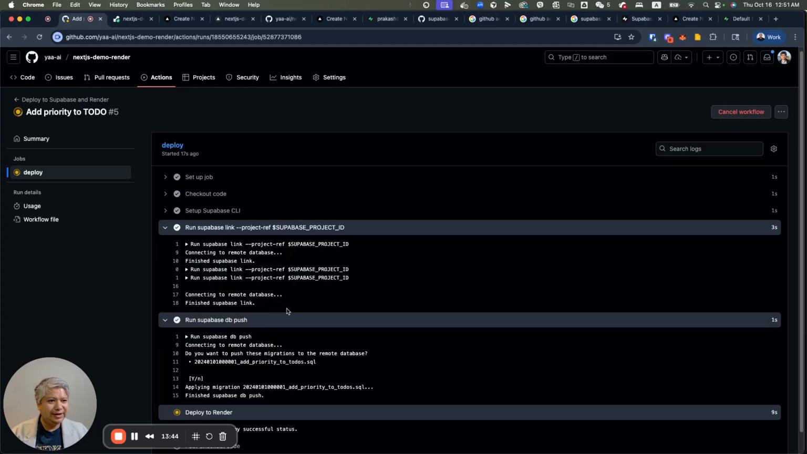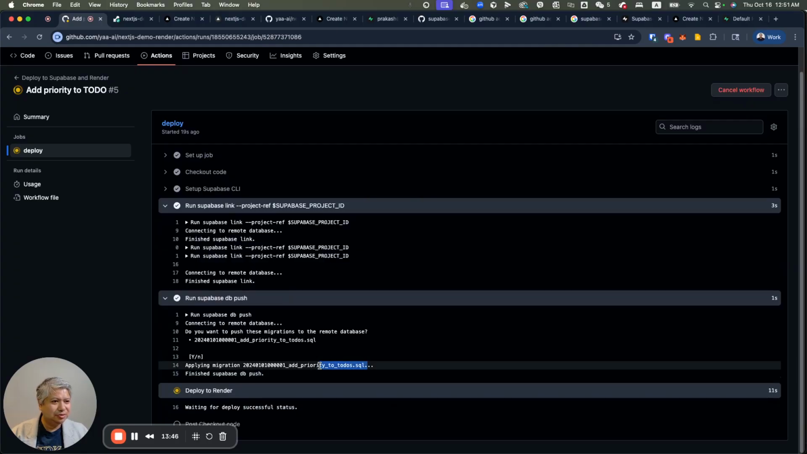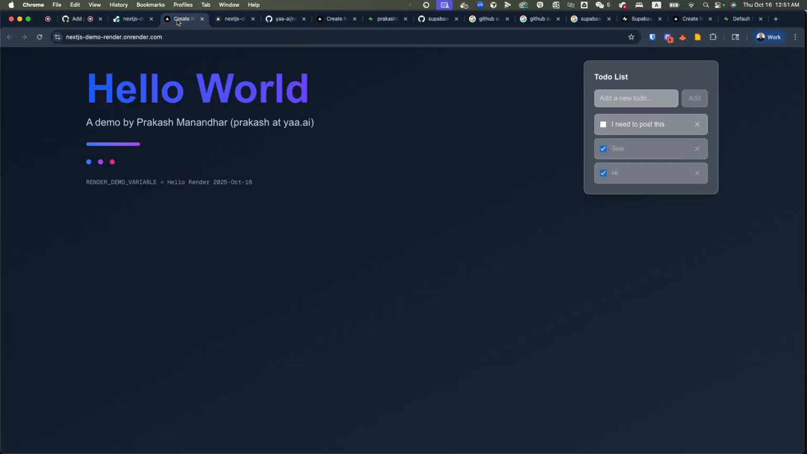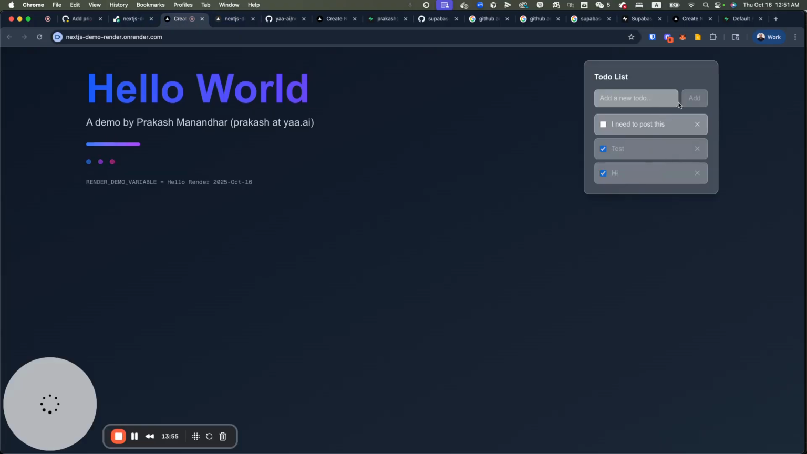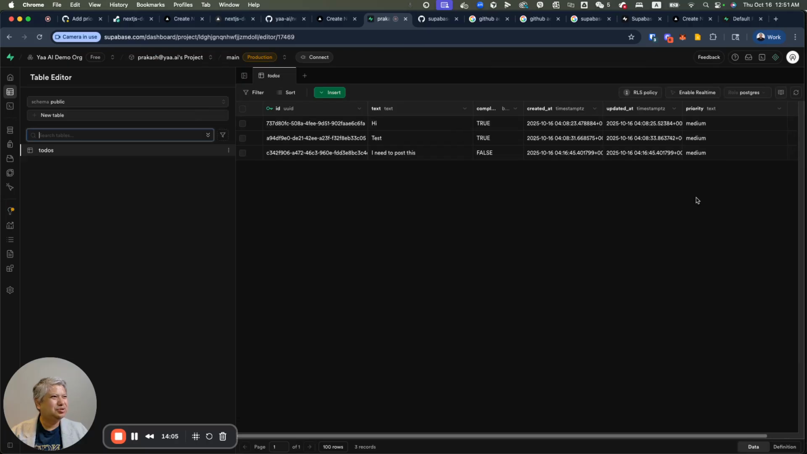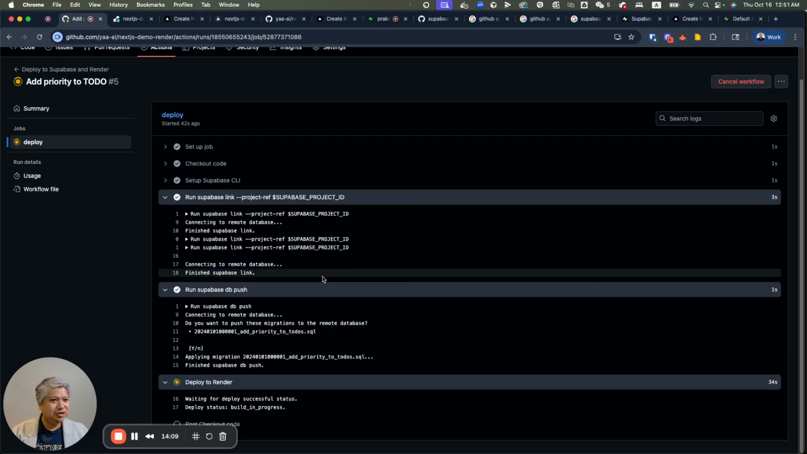So the DB push actually went through and it said it applied these migrations. Because it applied these migrations, even before it deploys to Render, which is still the old version, if I look at this one and refresh, oh, it was already showing the priority over here. I think it auto refreshed. It's still deploying to Render, but because we're using a Render component that doesn't have a lot of text output here,